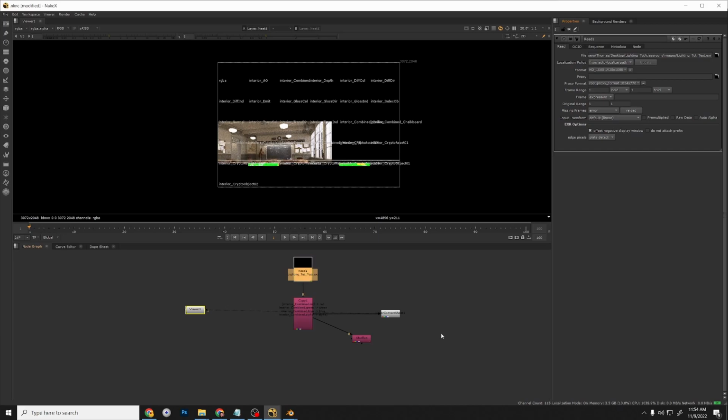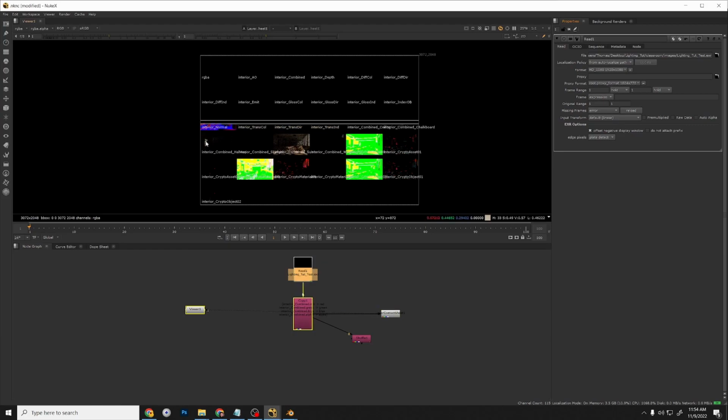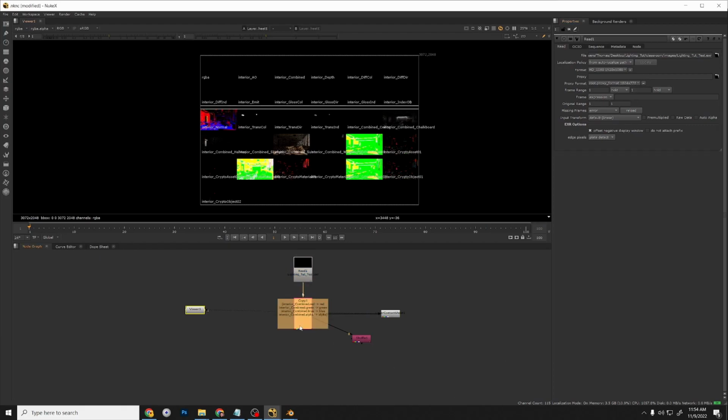Alright, so we've got cryptomats. Alright, we've got our sunlight there, I see the hallway light. So it looks like things are working, the chalkboard light. Okay, so now that we have some light AOVs to work with,